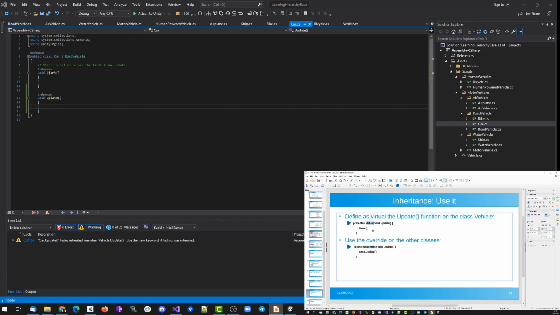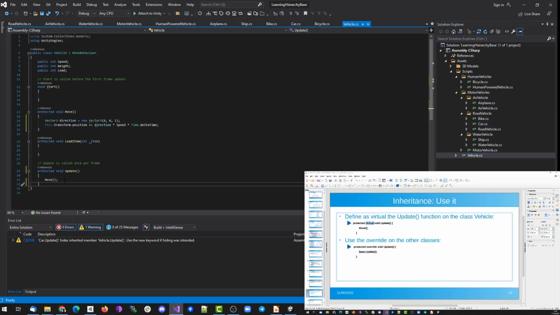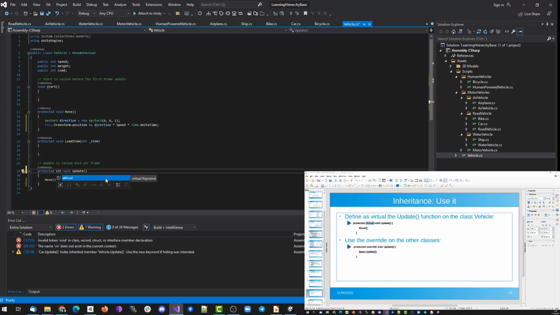This methodology will allow us to extend an existing inherited functionality and just customize it as we need. For example, in this particular case, if for the car we need to check the brakes on the update,